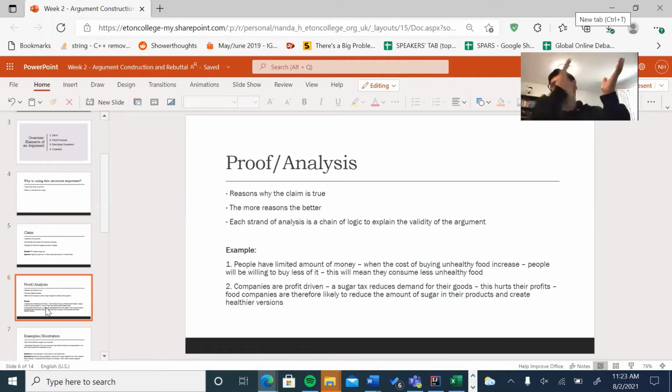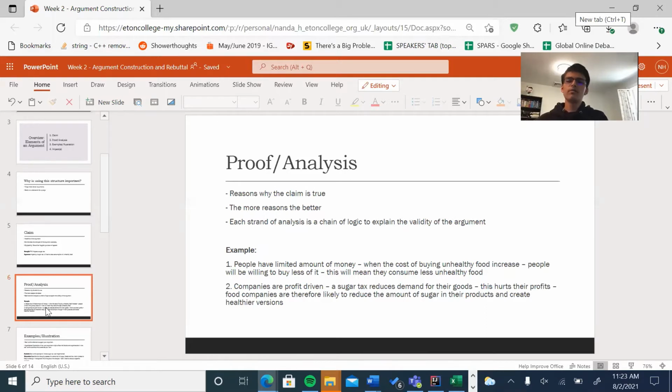So providing those 4 steps in between will make it a lot more plausible to the judge when you say a tax will reduce the consumption of unhealthy food. And instead of skipping those steps, you should provide that analysis to make it far more plausible for the judge to believe that. Or secondly, if you want to demonstrate that companies will change the way that they manufacture food,